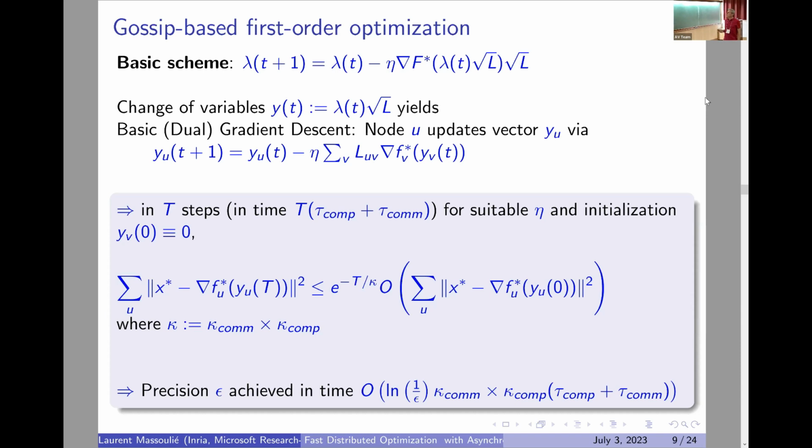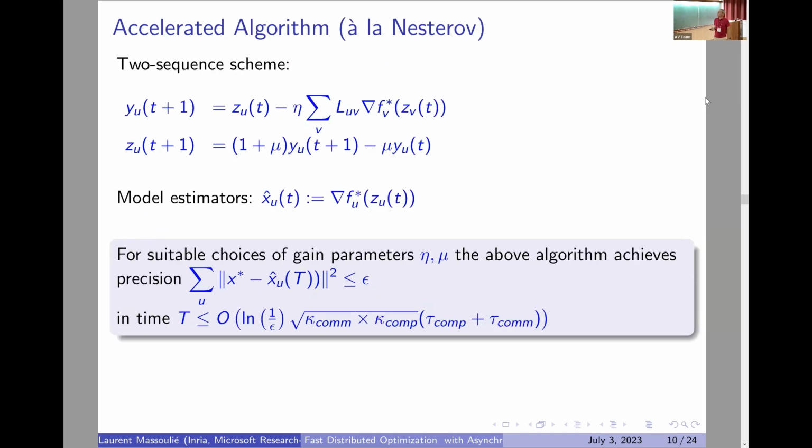You pay a constant in the big O, but then it is a standard thing to do. Yes. Okay, so